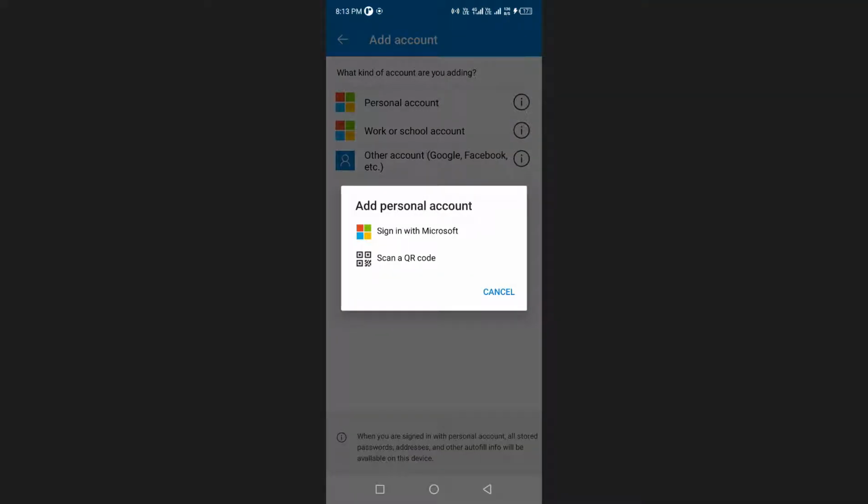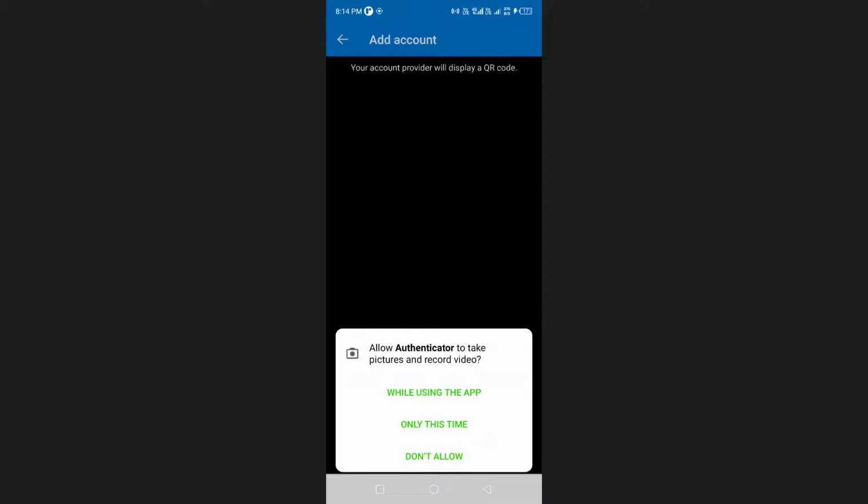Now, there are two ways to add your Microsoft account to the Authenticator app. First, you can sign in with Microsoft. You will be asked to enter your email and password to log in. Second, you can scan a QR code. If you choose this option, you will need to get a QR code from your Microsoft account settings on your